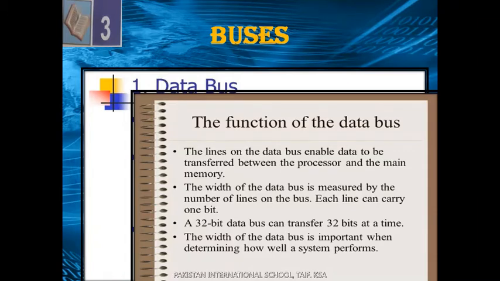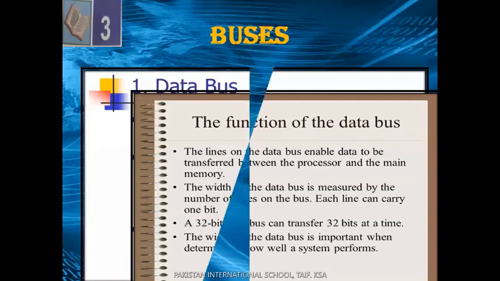Data bus width is from 32 bits to 64 bits. Nowadays we have 32 bits, 64 bits, and more. If you have more bits, it means that it can transfer more data at one time. The number of bits increases the speed of the bus, the amount of data it can carry at one time. So it is called the width of your bus. Remember that the data bus is bidirectional, between the CPU and the main memory, and every time it can transfer data from CPU to main memory and main memory to CPU, following the read operation and write operation.